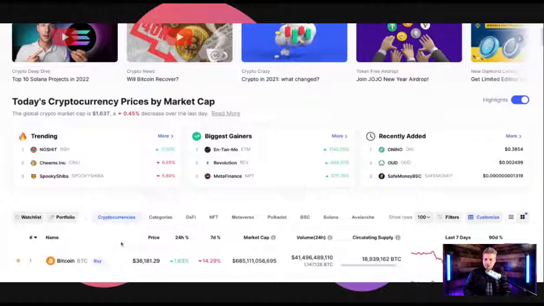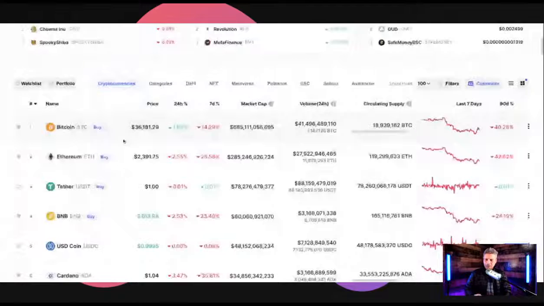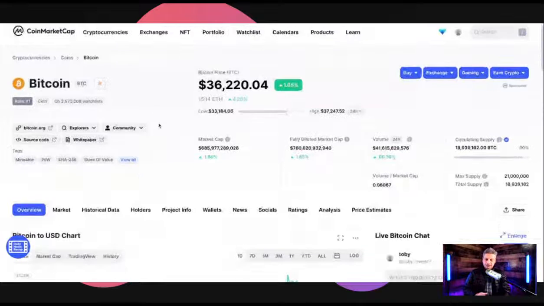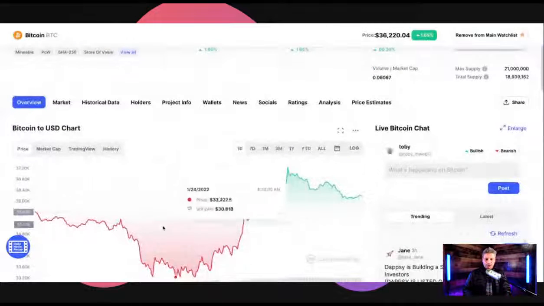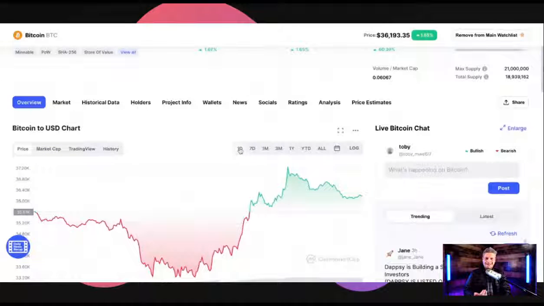Let's look at the market. Bitcoin, we can see, is coming in at 36,181 today. You can click on the token there to the left, and now it's working. So that's great. And you can see the chart. It defaults to the 1-day chart. You can see where my cursor's at, 1D, and then 7D, and then 1M, meaning, of course, 1 month.